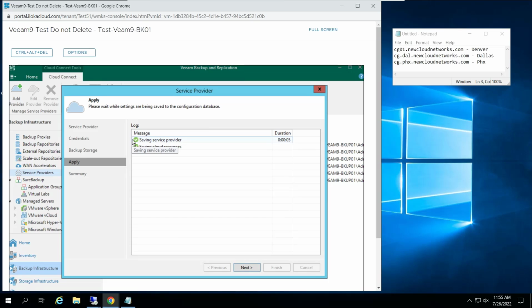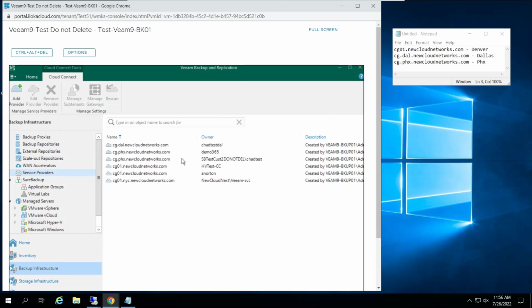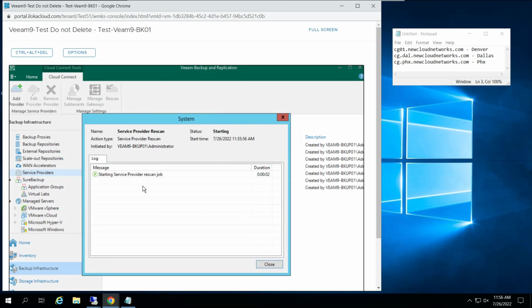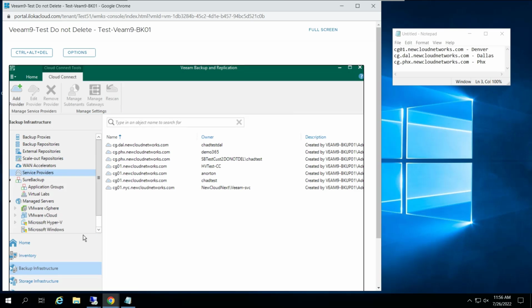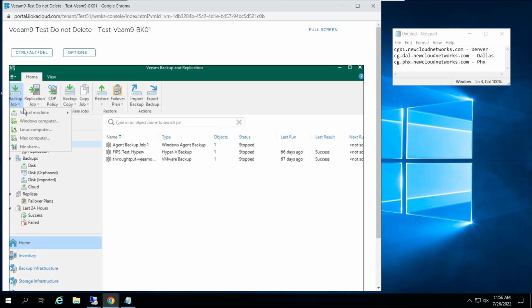Now, if it's an account you've already had backups in and you're waiting for those, then you'll want to wait for this next screen to finish loading, which will be the service provider rescan. If you have nothing in there, then you don't need to wait, and you can simply close the screen and go on. Now, if you're making a direct-to-cloud backup job, you'll just go to Create Backup Job,